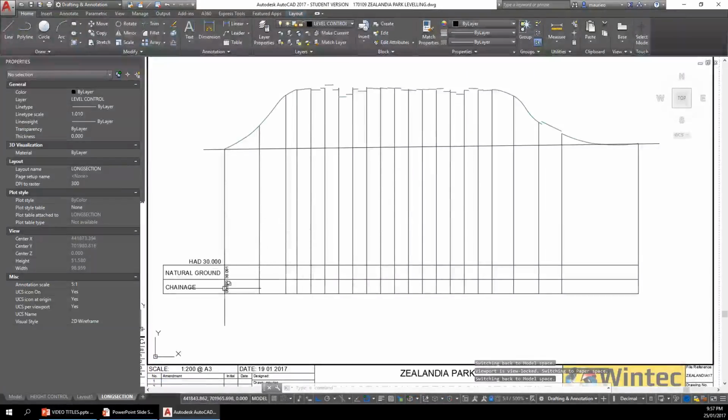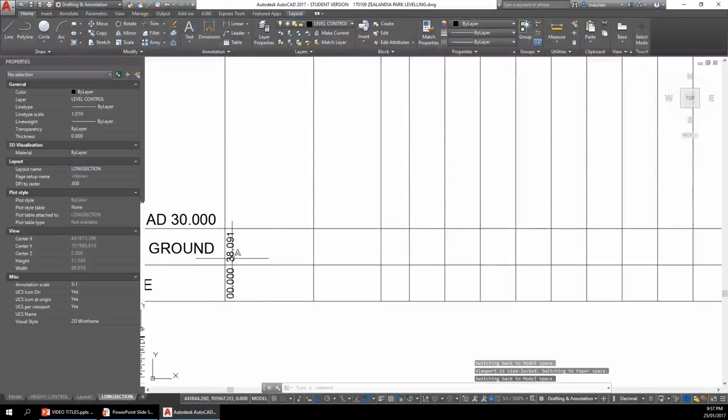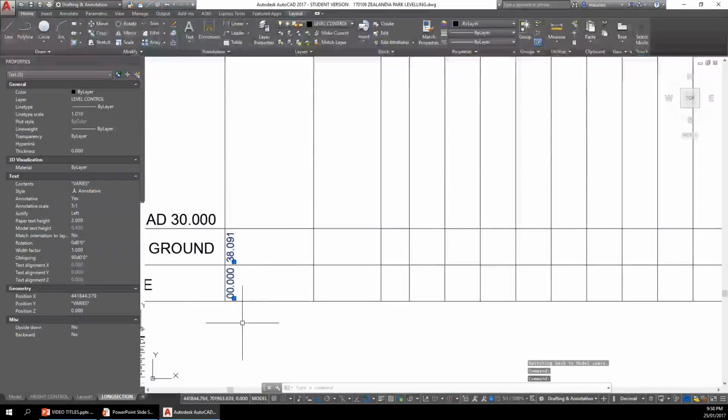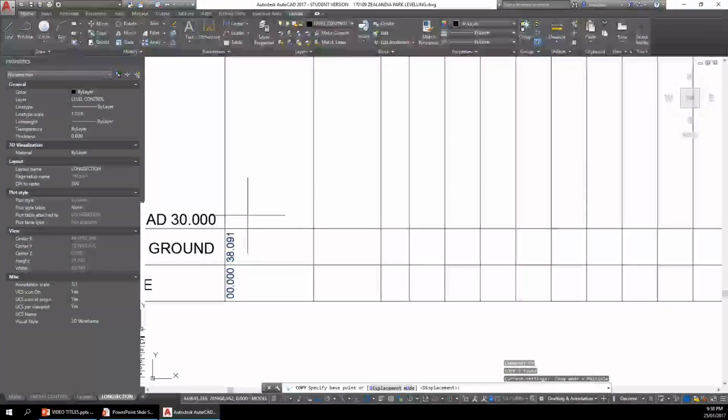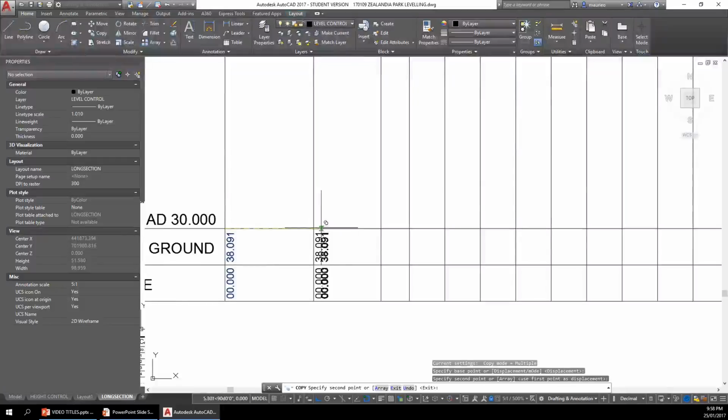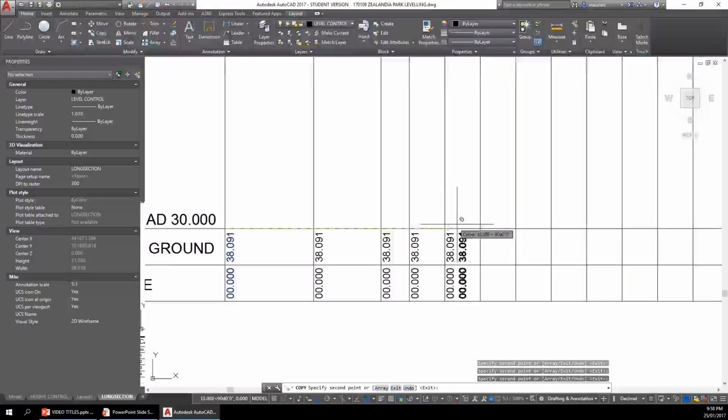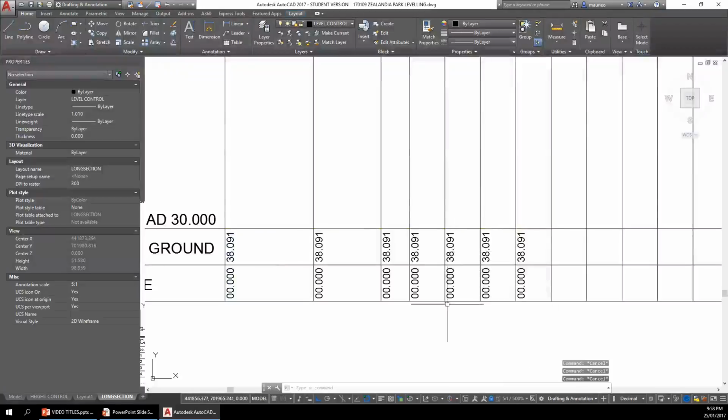Okay, so now it's a matter of getting these heights and what have you in here, and one way to do this is to just use the copy command, CP, enter, and then just go here like that, and then put each one of these in this, and that way they'll all be in the same relative place. Okay, and then it's a matter of just going through, and so that one there is that one's